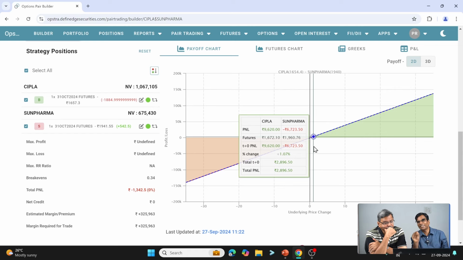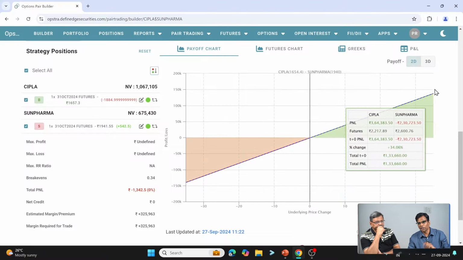Both have to be exactly the same, because on the x-axis we cannot have two different values. So we always have to see it by that same change. But that is very unlikely to happen, almost impossible, that Sun Pharma and Cipla are both exactly 1% up. So for those who want to see, say, stock A has increased by this much and stock B has decreased by this much,